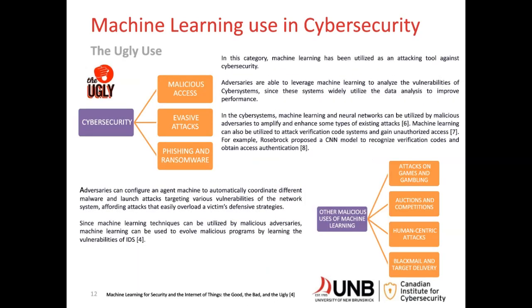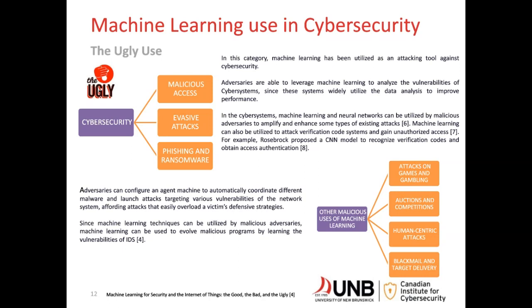The last but not the least category of machine learning use that researchers consider is the ugly use of machine learning. In this category, machine learning is utilized as an attacking tool against cybersecurity. Here, adversaries leverage ML to analyze the vulnerability of cyber systems because they widely use data analysis to improve performance. In cyber systems, machine learning and neural networks can be utilized by malicious adversaries to enhance some types of existing attacks. Or machine learning can also be utilized to attack a verification code system and gain